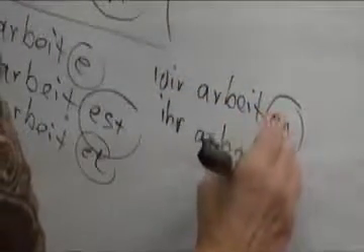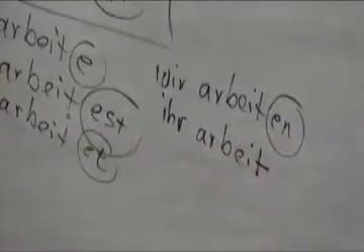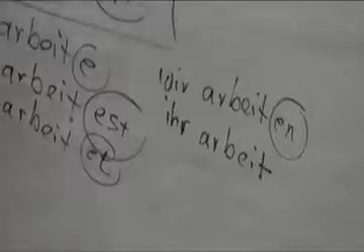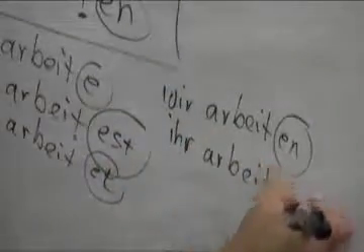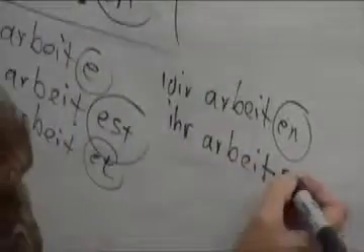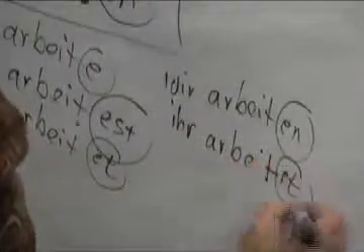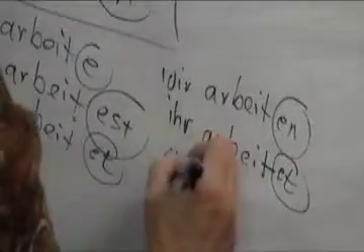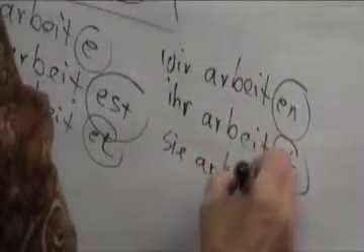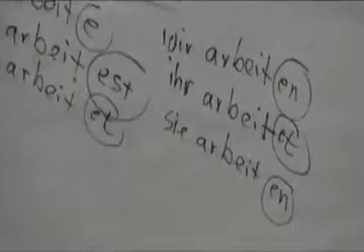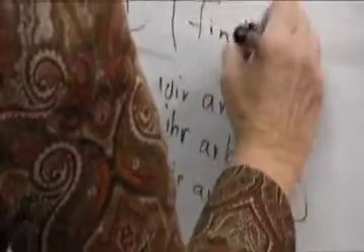Now, what do you think ihr does? Let me put the stem down. Now, ihr, what's the ending for ihr? It's a T, right? So if we added the T, would we hear it? No. So what do we do again? We insert an E. And then when we say they are working, it's regular again. Sie arbeiten. So when a stem ends in T or in D, for example, same thing like finden,